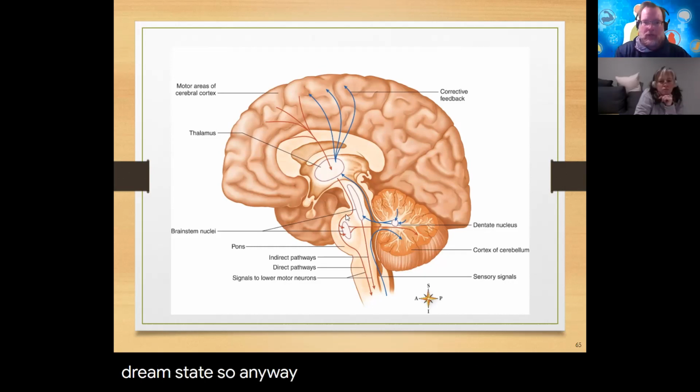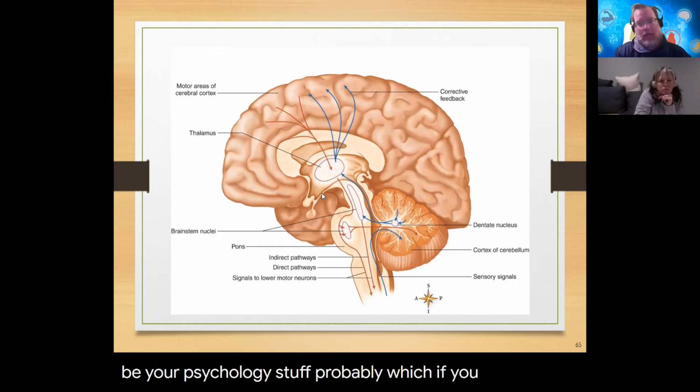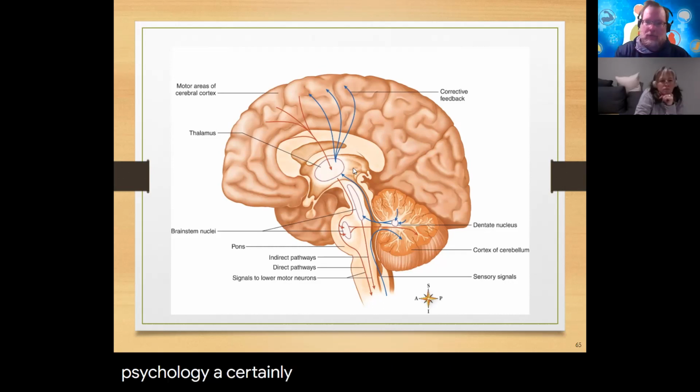Other aspects certainly are going to relate to the dream state. So anyway, that's for another class. That'd be your psychology stuff probably, which if you take psychology, you'll certainly study some of the basics of brain anatomy and